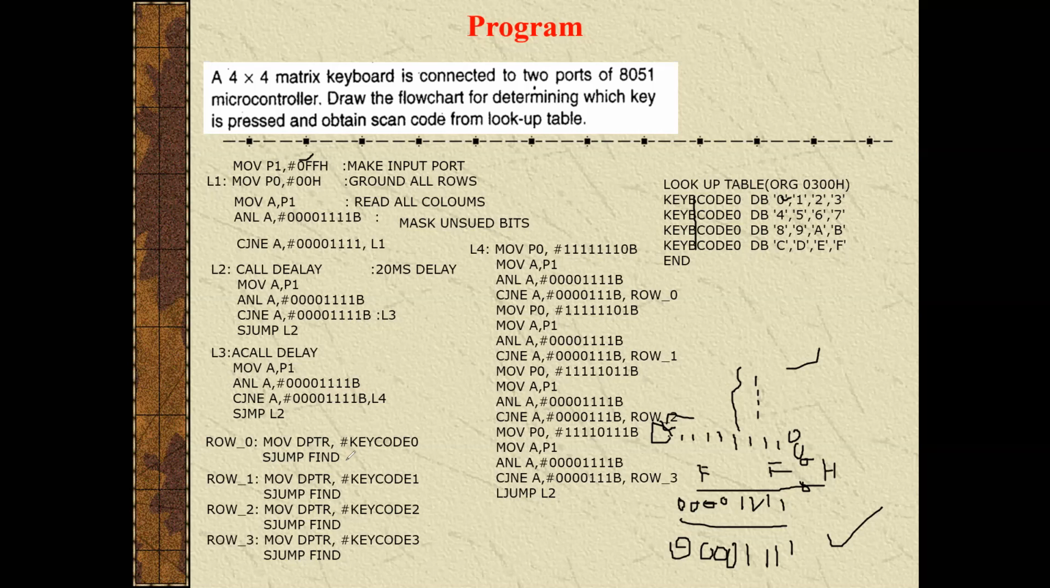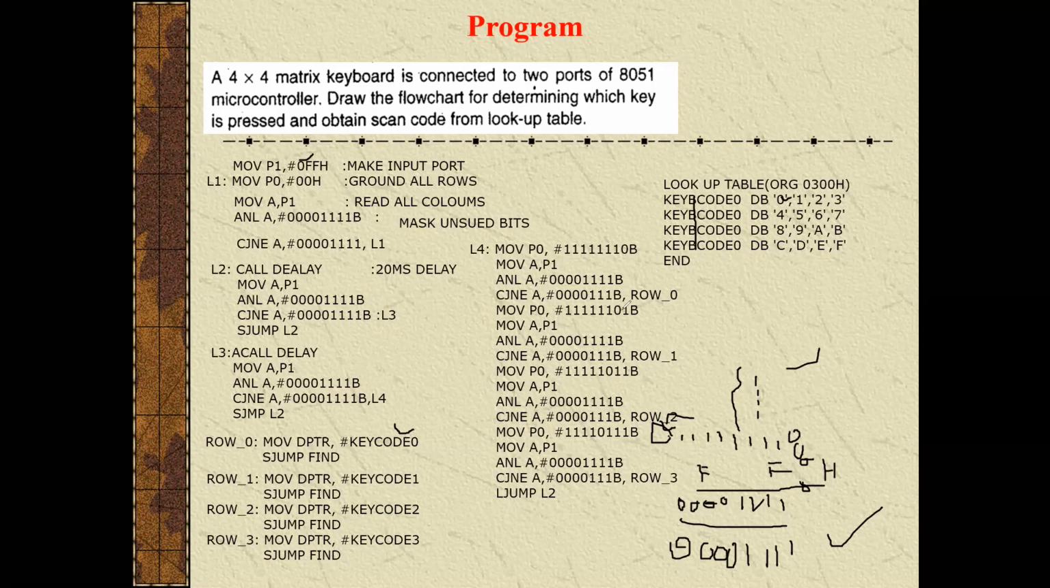Find is another loop there. So what will happen inside the find, we will see later. First, for the time being, you have to remember the address of this will be stored into DPTR to access this data. After accessing, it will jump to find. So